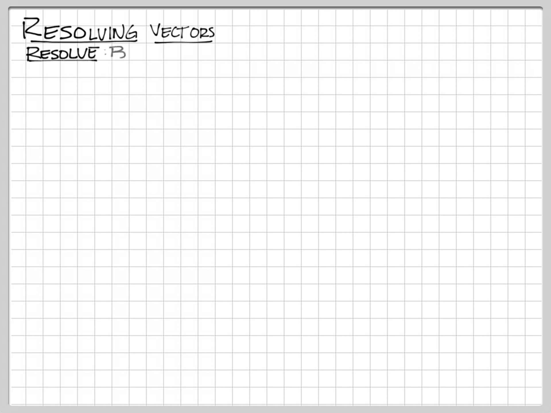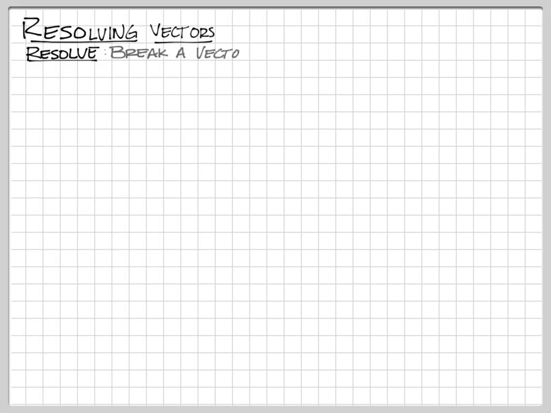Okay, this is the second video for this unit. We're going to be resolving vectors, and we talked about this a little bit in class. When we resolve a vector, we're going to break it. To resolve is the term we're going to use a lot. It means that we're going to break the vector